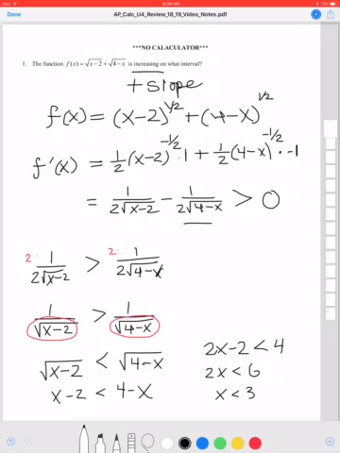Now, we do need to check to see if the function is defined for all the values less than 3, because we've got a square root, so we know that there are some issues with taking the square roots of negative values. So if you plug in 3 for x into the original function, that's okay. If I plug in 2 for x, that's okay. But what happens if I plug in something less than 2? I get a negative under this square root, so the function doesn't go past 2 because you can't take the square root of a negative. So we are